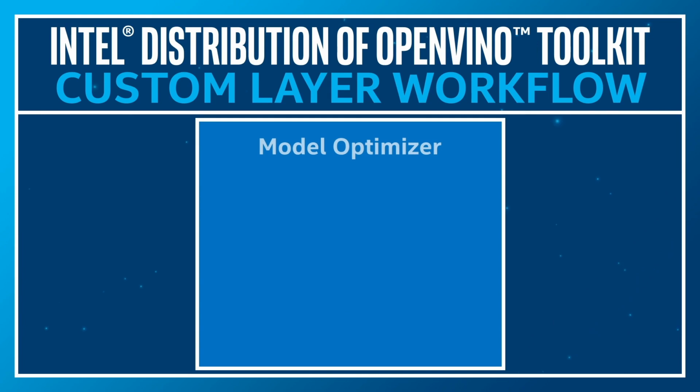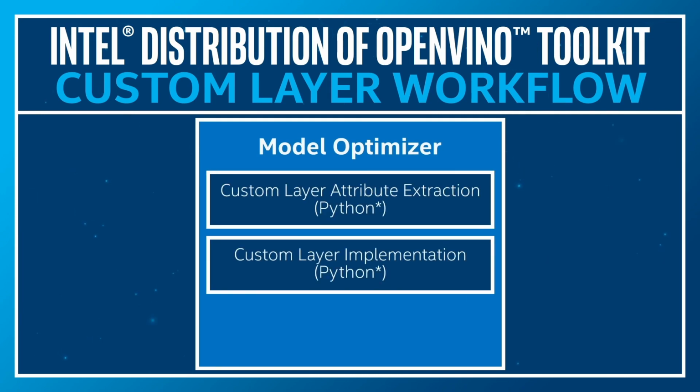If your model has a custom layer, you need to make changes at the MO as well as at the IE. At the MO level, you will declare the custom layer and its attributes and parameters. At the IE level, you will implement the logic for the custom layer. At MO, you need to add two files in Python. The first one is the custom layer extractor to identify the custom layer operation and extract parameters for each instance of the custom layer. The second file is the custom layer operation. It specifies the attributes that are supported by the custom layer and computes the output shape for each instance of the custom layer from its parameters.